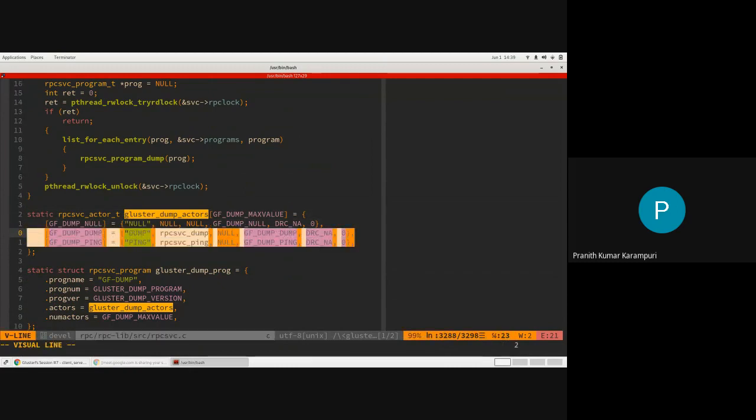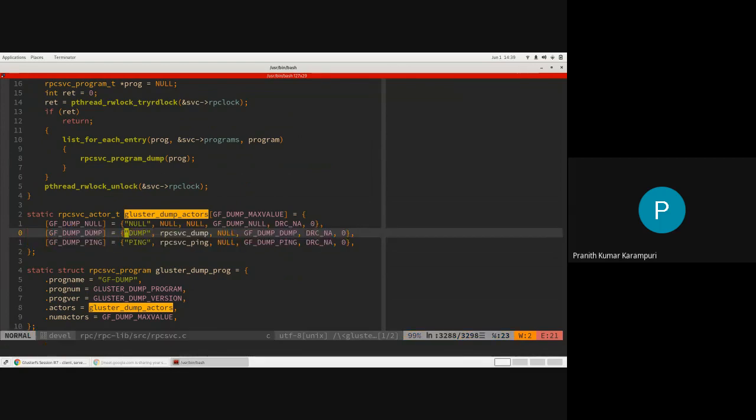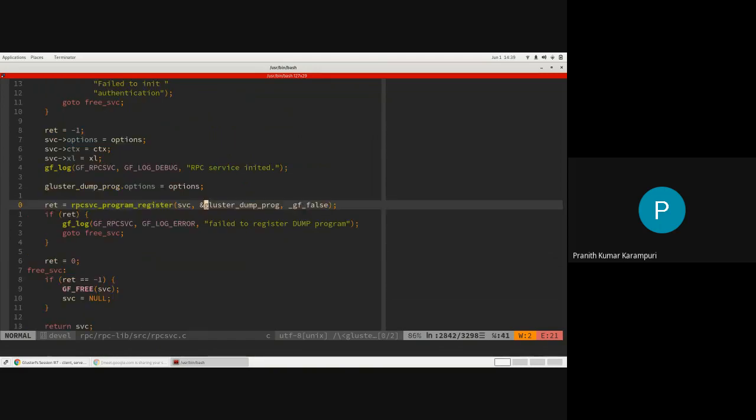The two actors that we need to look at are RPC SVC dump and RPC SVC print. We will see why these are important when we look at the client connection part of this session. But for now, we'll just see that these are the two actors that are first registered as part of this dump program.